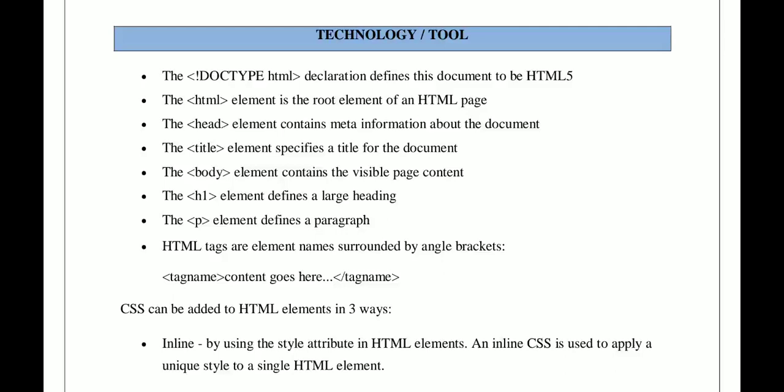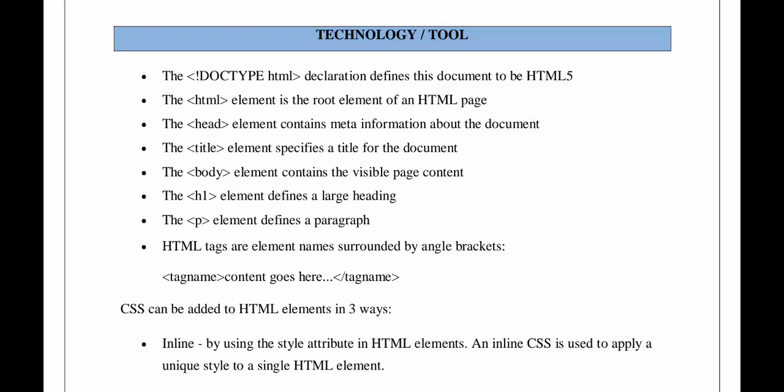Head element, it contains meta information about the document. The title element will specify the title. Body element will contain the visible part or visible page contents, and h1 to h6 are our headings. Okay, so h1 is the largest and h6 is the smallest heading size, and the p